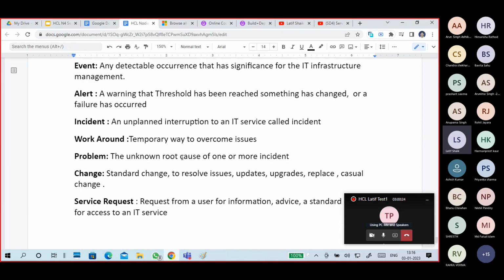An incident ticket means any unplanned interruption occurs. Then the customer raises an issue or the service desk receives issue-related information, and they create an incident ticket. In an incident ticket, the priority, impact, and urgency compulsorily should be noted. Next, a service request means the customer requires certain advice, information, a change of services, or access permissions, and then we have to take it as a service request ticket.